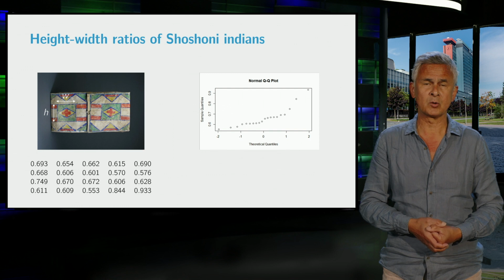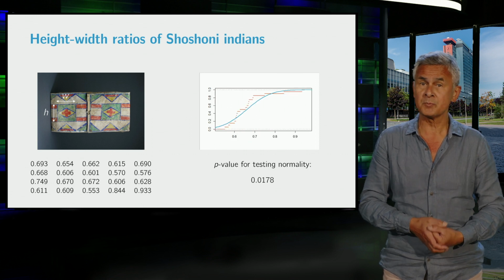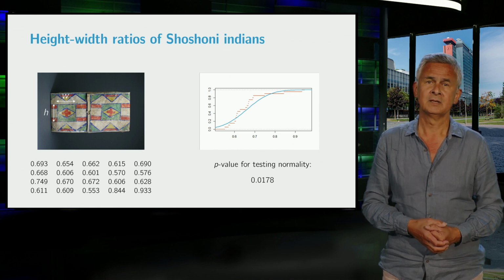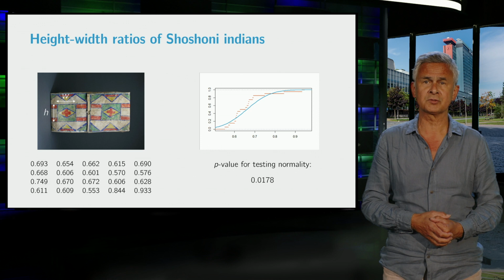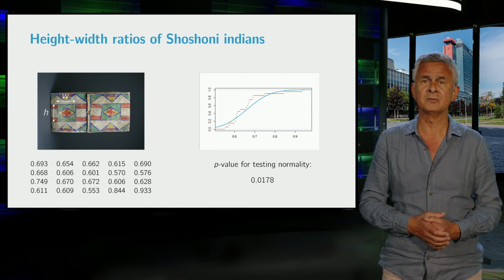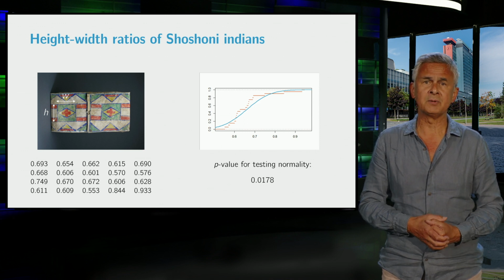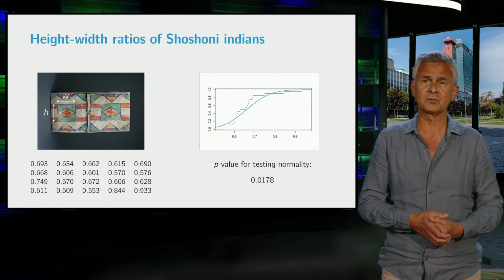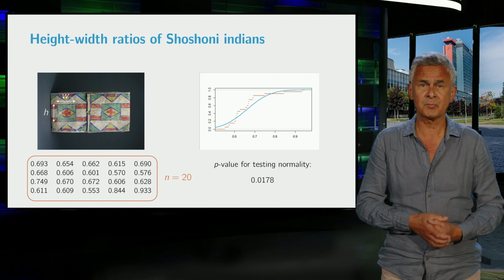This can be seen from a normal QQ plot, where the points seem to deviate somewhat from a straight line. This is also confirmed by the Kolmogorov-Smirnov goodness of fit test for normality, which we discussed in the previous video. Testing the null hypothesis that the distribution of the ratios is some normal distribution gives an approximated p-value of 0.018. Now, an alternative might be to use a large sample approximation for the studentized mean on the basis of a variation of the central limit theorem. But again, this is also questionable since the sample size is only 20.